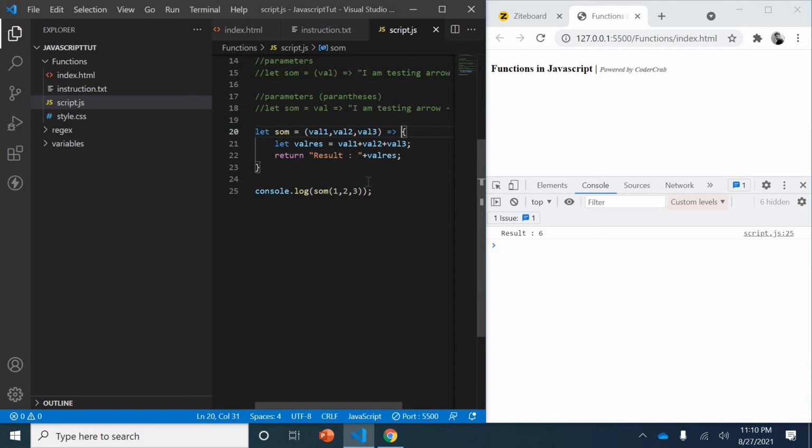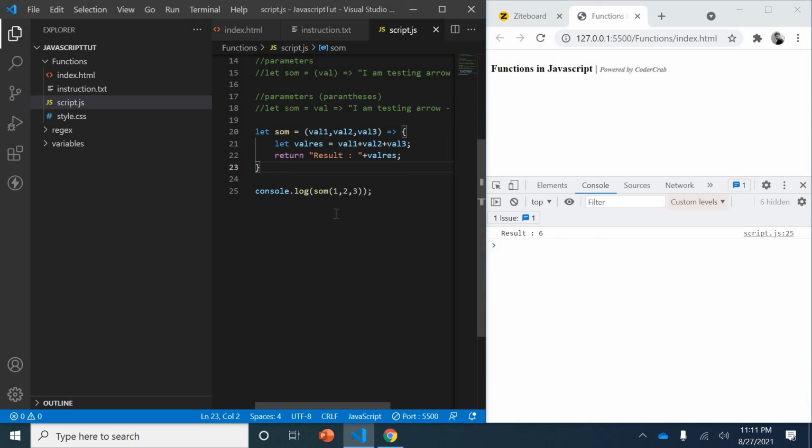So if you have this kind of big function, and you want to get rid of this parenthesis, it will not allow you. See? That's why you should have the parenthesis here. And if you want to get rid of this, see, it's a multi-statement function, right? Even if I delete this, you will have a lot of issues, so you shouldn't. You should write it this way. I prefer this way.